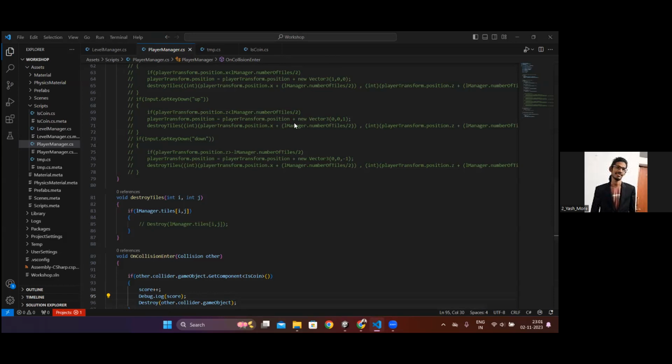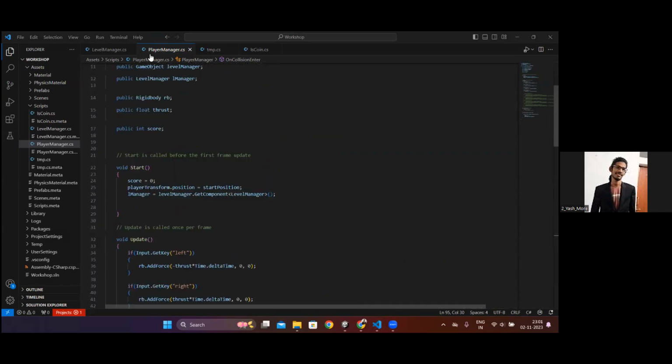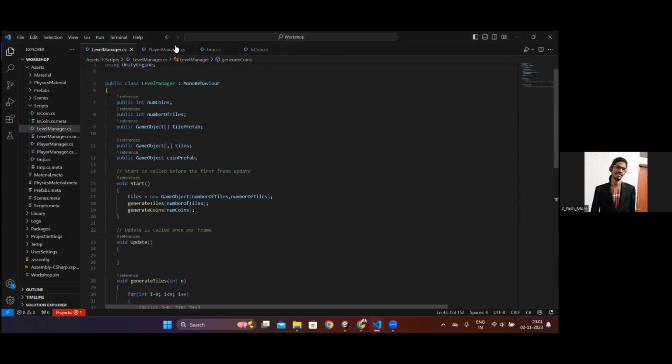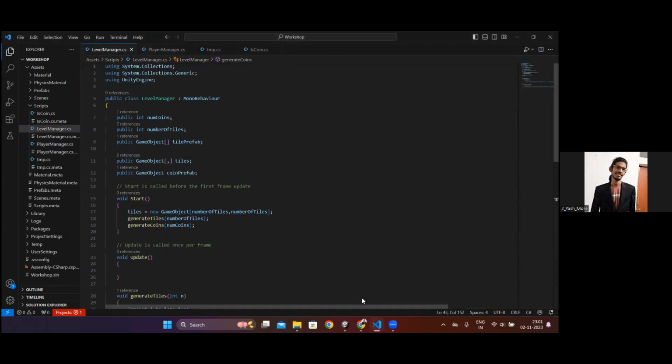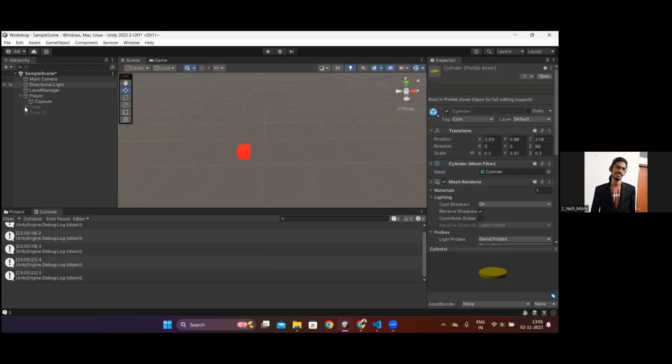Okay, so I guess more or less everyone followed it. So I will go over what we did today. Basically, first of all, we saw how to import an external package which we create on our own, and I'll also show how to create your own Unity